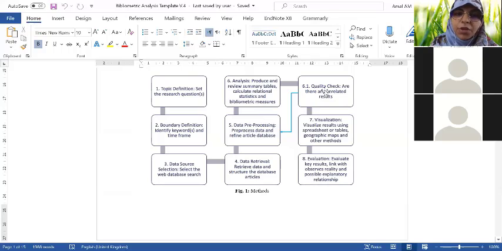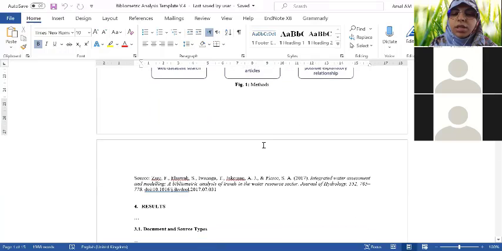And then you have the, what you call here is quality check, meaning that do you have any unrelated results? Sometimes you might search halal cosmetics, but they are not related to halal cosmetics. So you have to remove some of the articles. Then visualization is the software that I shared with you yesterday and asked you to download, so you can visualize the networking or the mapping between all the results that you have found. And then number 8 is the evaluation of your results, and then how do you explain the relationship and so on. Okay, so this is how we run the